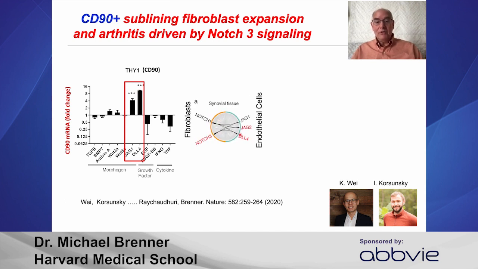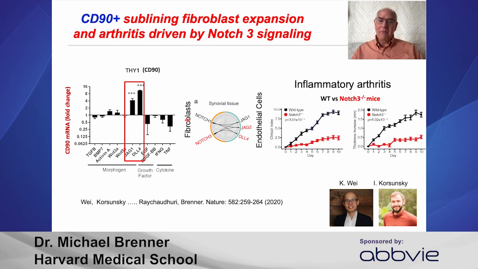And if you ask who makes these Notch ligands, it's the endothelial cells, which would come from the blood vessels. And if you ask who has the receptors for those Notch ligands, especially Notch 3, that's on the fibroblasts. And so this then let us ask, that's all from the human, it let us ask in the mouse, if